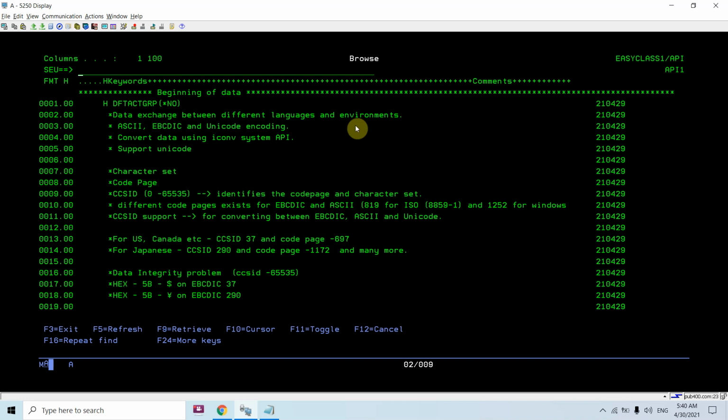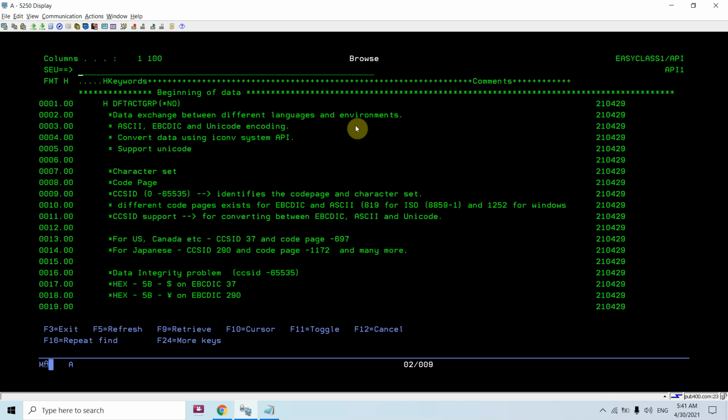Just imagine everything as hexadecimal, because whether it's your data or anything else, everything is stored in hexadecimal. Maybe some character in EBCDIC has a hex value of, let's say, 4A or 4B, and for the same character the hex value would be different in ASCII.